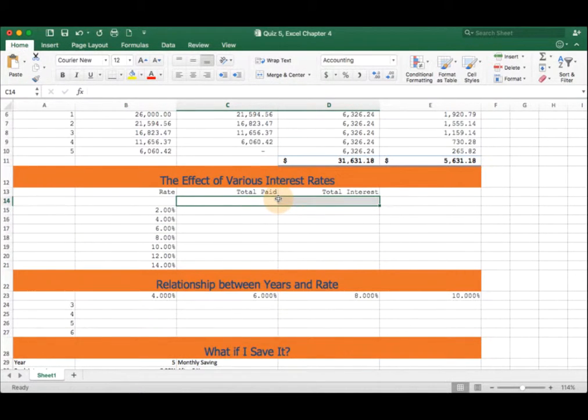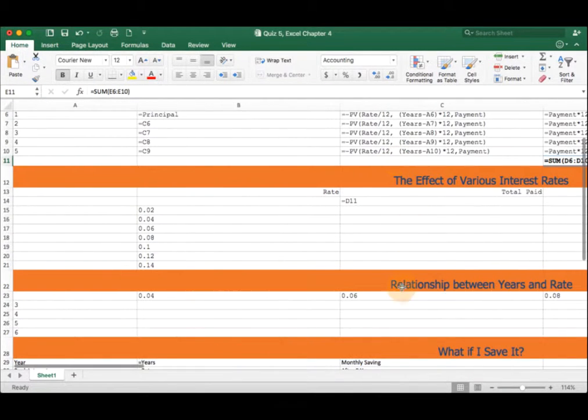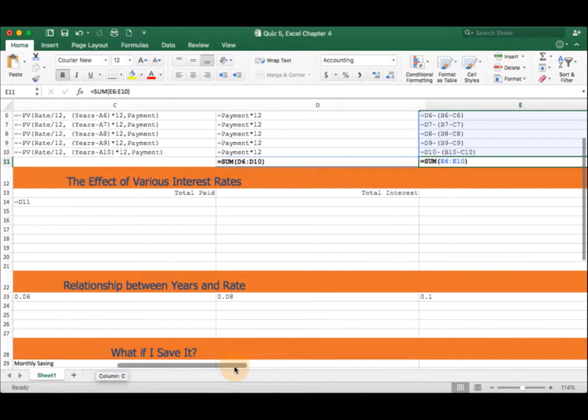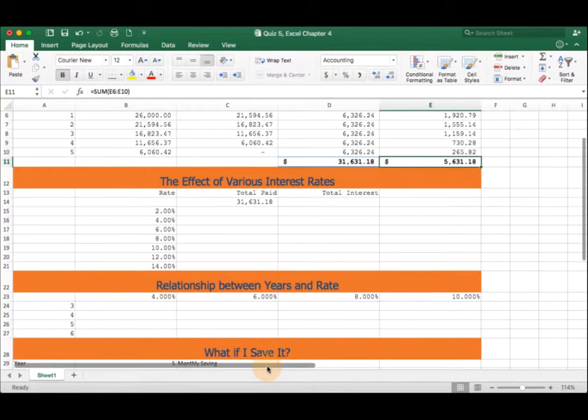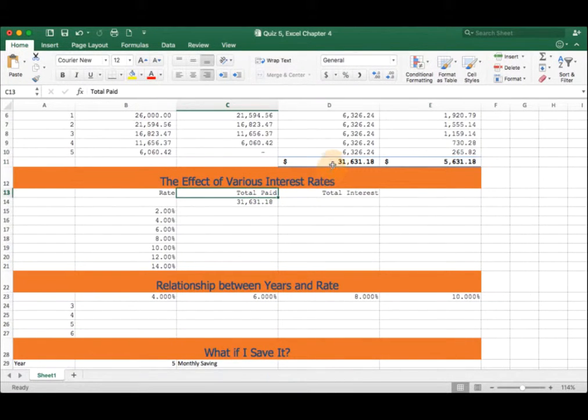What does that mean? Let me show you in its entirety first, and then I'm going to explain one more time what it really means. Here I'm going to reference this formula. Although you see that these are numbers, you probably already know this is actually a formula. This is my formula mode. I've written a formula here to get the summation for the data in this range, since total paid is going to be